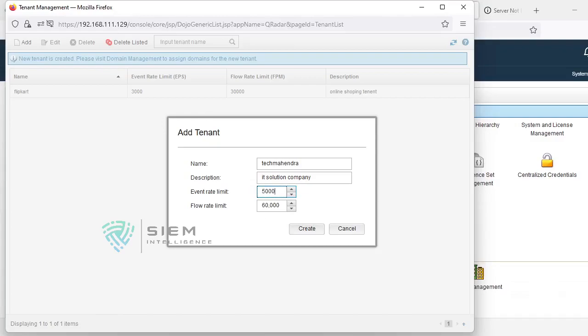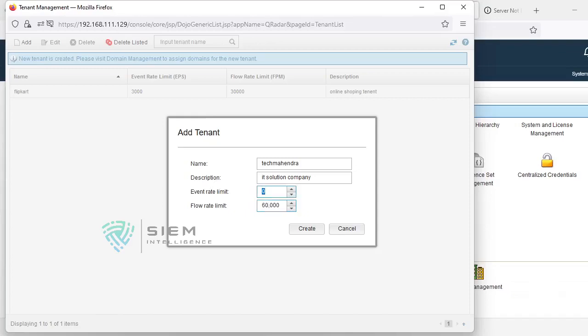If you are not giving anything here, if you are keeping 0 and 0, what is the meaning of that? You are not restricting anything. That means whatever license you have will be automatically taken by this particular tenant. So never ever leave this as 0. You have to give something.